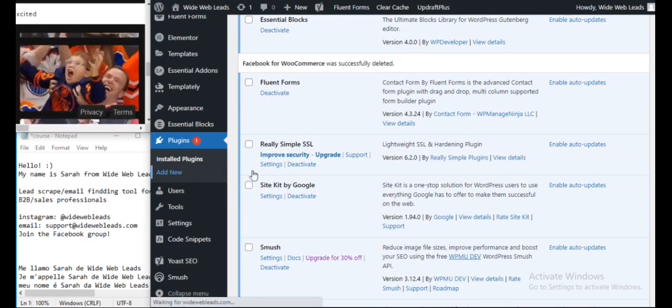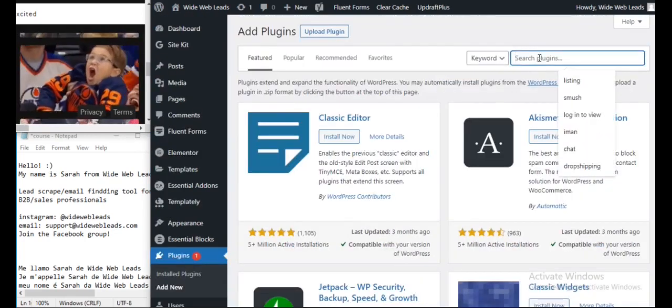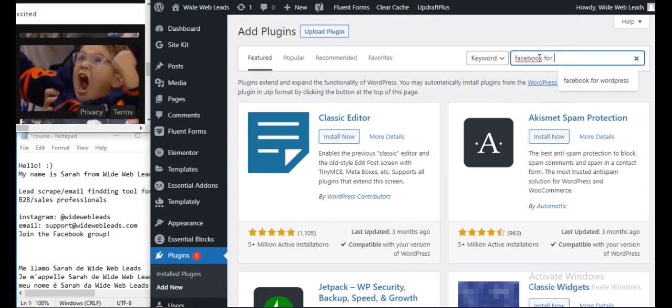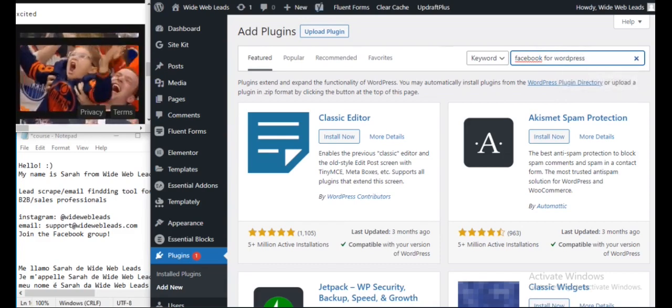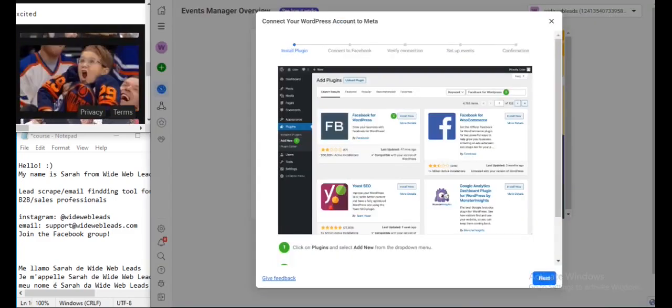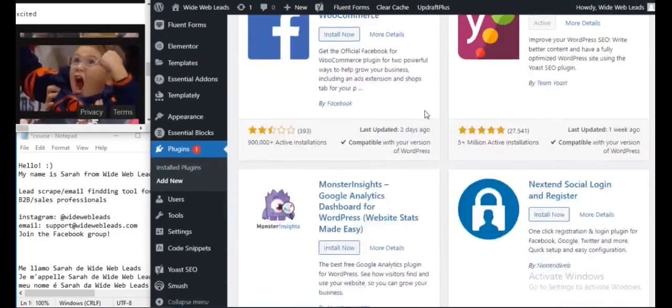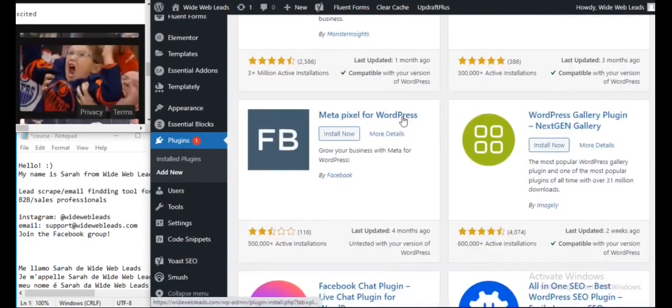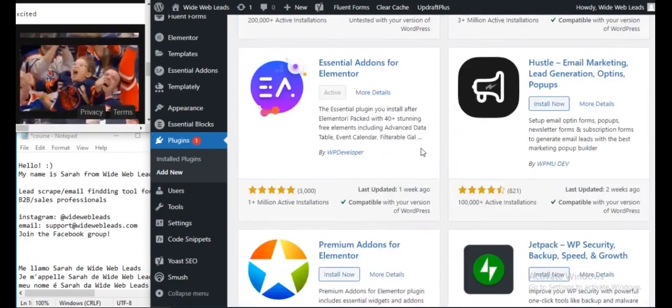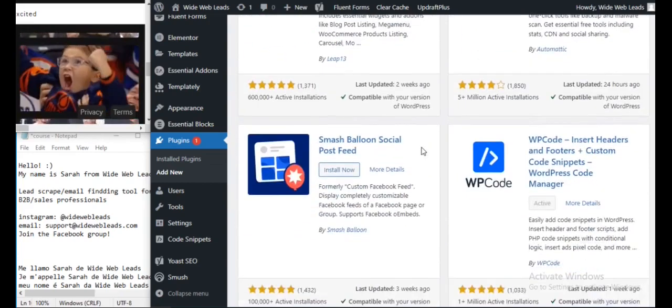Okay, let me try this again. Pretty sure that's, yeah, Facebook for WordPress. Ah, got the wrong one. Although it's, am I missing something?